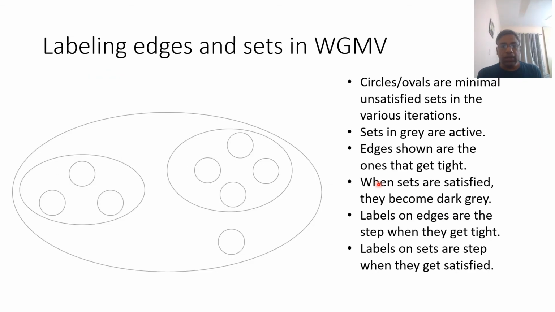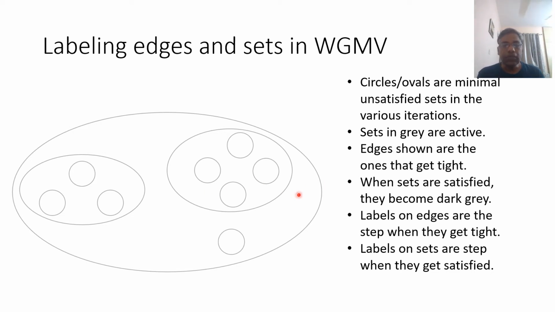Okay, so why is that parity thing important? If the parity always remains the same for every set, then you can see that the extent to which the dual variable would increase would also be half integral, right? Because it says that all our events that are happening are at half integral. By events I mean the times at which two sets combine. They are all happening at half integral multiples, and so the duals that we would have increased would also be